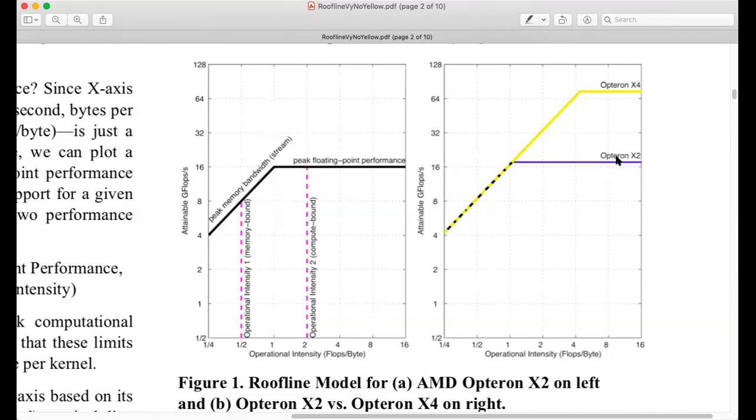And for X2, it is this. So now if you take an application whose operational intensity is 2,